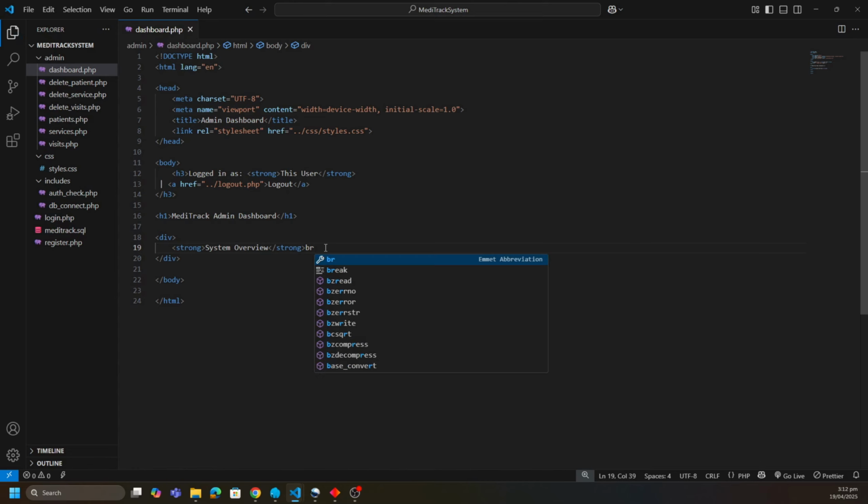Okay. Put in a couple of breaks here so that things are aligned and drop down. Then I'm going to have a paragraph, and that paragraph is going to say total patients, and inside of there in strong tags we are then going to have the patient count. I'm just going to put in 00 for now, put in a break here, and then I'm going to